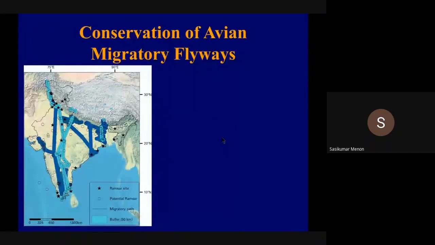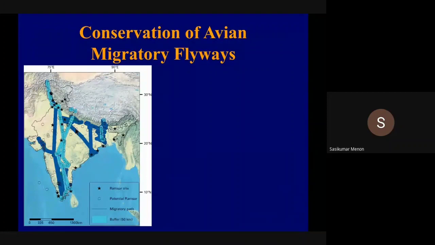The same applies to the migratory pathways of our migrant birds. Now, all these black stars that I have put here are Ramsar sites. They are very good sites, and therefore birds are coming in. But in between these, along the flight paths, a lot of birds take rest, and these resting areas are also equally important. So these circles that you see are additional sites that need to be protected if we have to save these